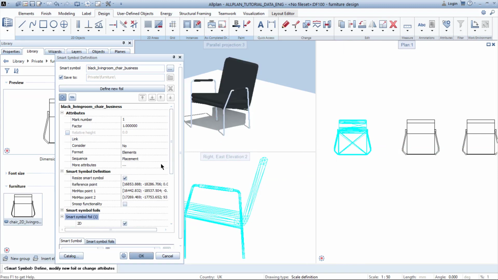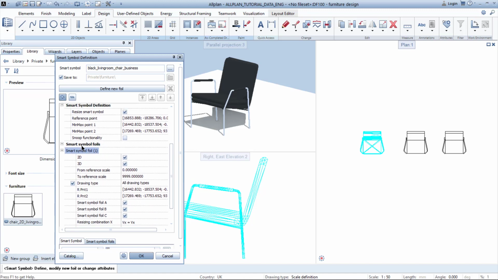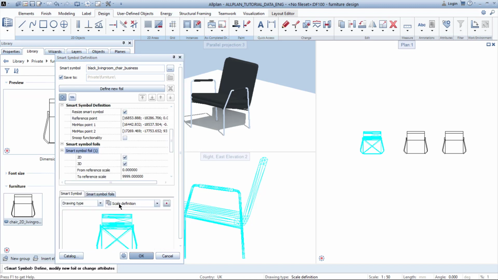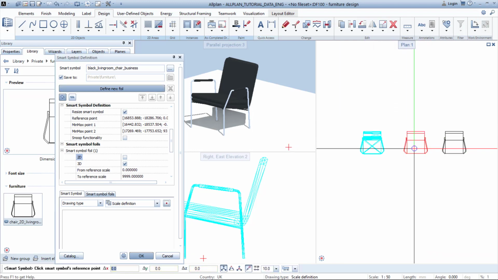When we scroll down, we can see that Smart Symbol Foil 1 has both 2D and 3D representation. But if we come here, we can see that this is the view, how it will appear in a plan. So let's say we don't want this as a 2D view. So right now we have nothing here. Click Define New Foil, select, again click the reference point,